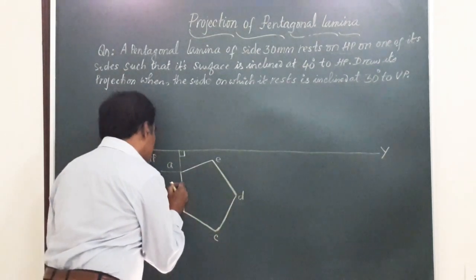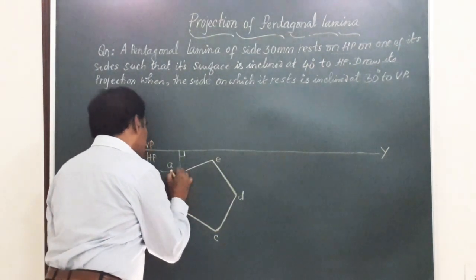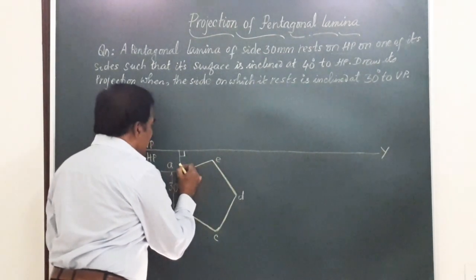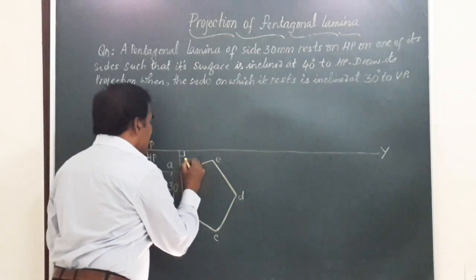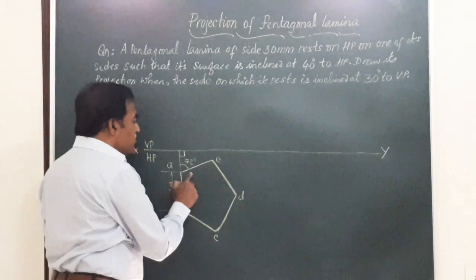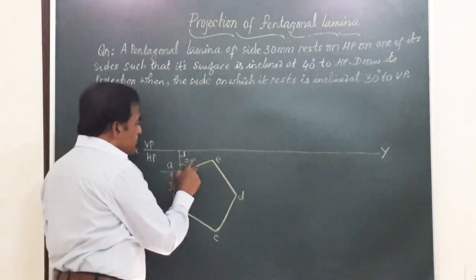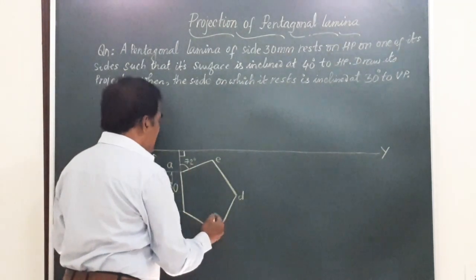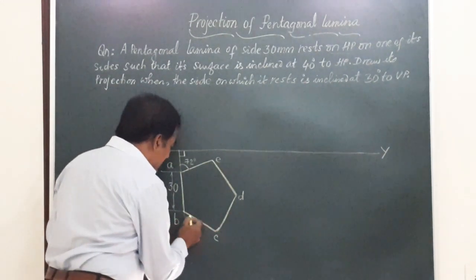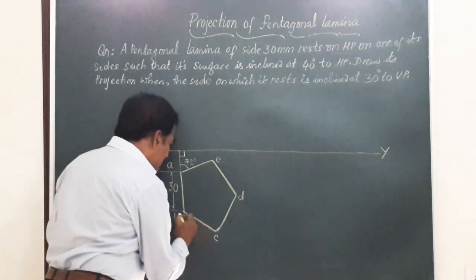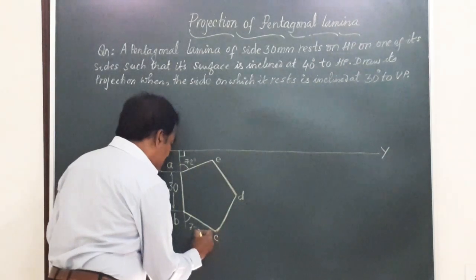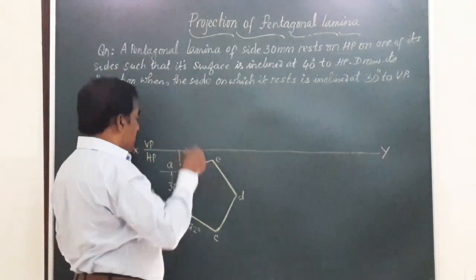Draw a vertical line AB of side 30 mm, and here at this point A, draw a line AE at an angle of 72 degrees to the vertical, because this interior angle is 108 and this is 72, totally it becomes 180 degrees. So, similarly at that point B, you can have one more line BC of length equal to 30 and drawn at an angle of 72 degrees to the vertical as shown,